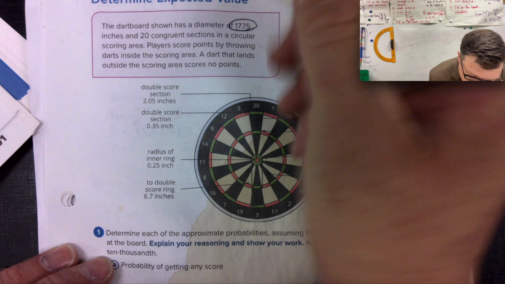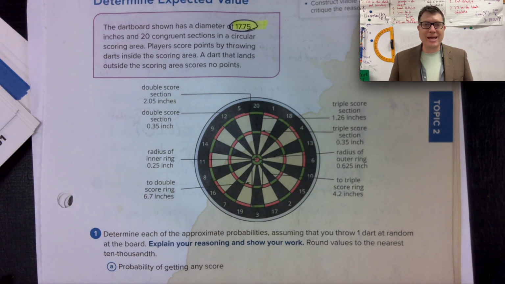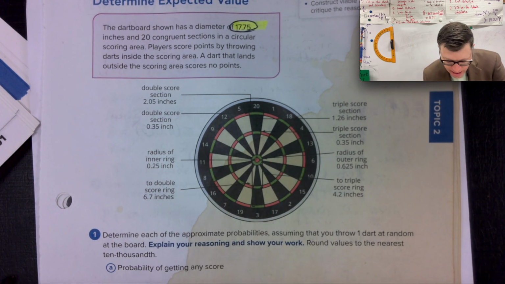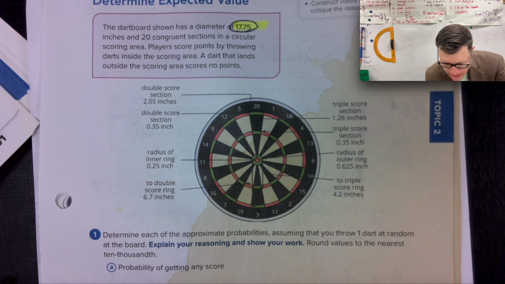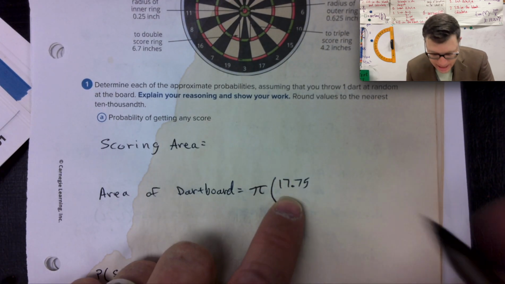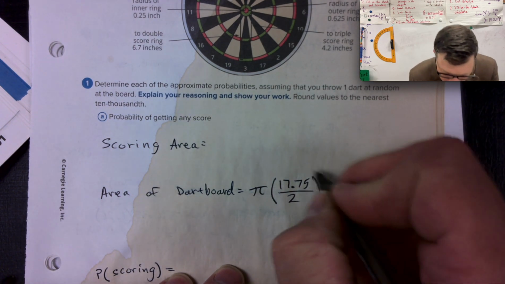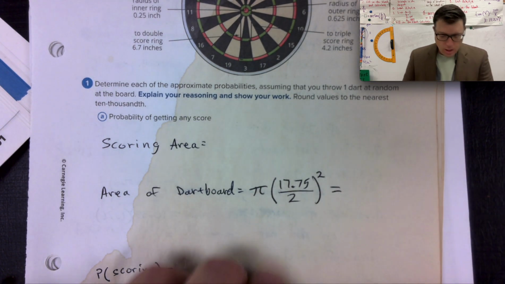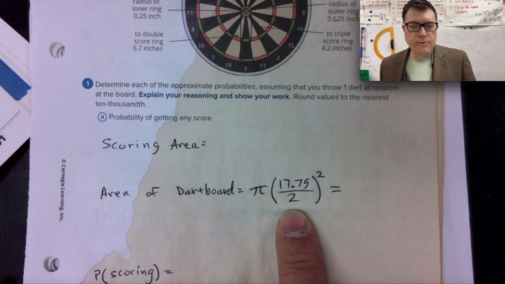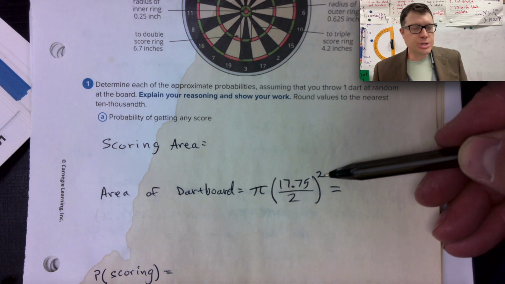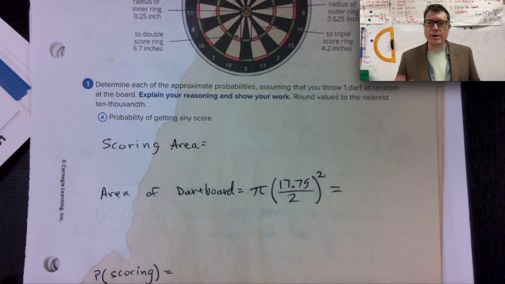Well, the total area of the dartboard depends on that diameter. So from coast to coast, side to side, the area of the dartboard is pi times radius. That's a diameter. It's going to be pi times radius. That's a diameter. Radius. So take the diameter and divide by 2, and then squared. Reminder, this 2 is just the denominator of a fraction. This 2 is the exponent of that fraction. So you got to be careful how you're writing them and how you're using them, and know they have different